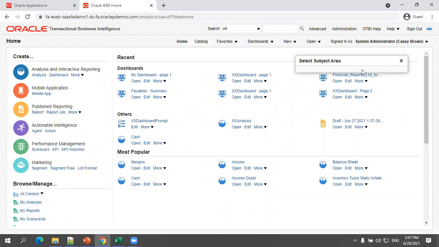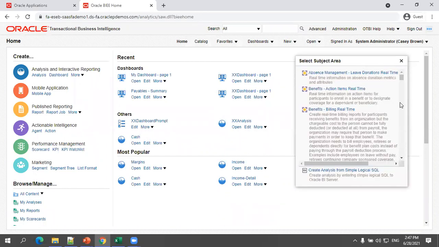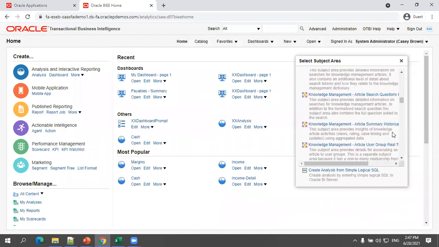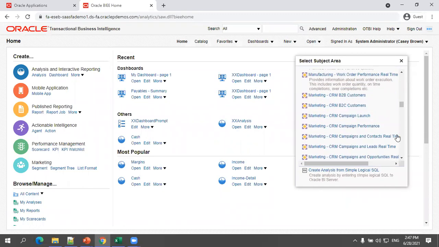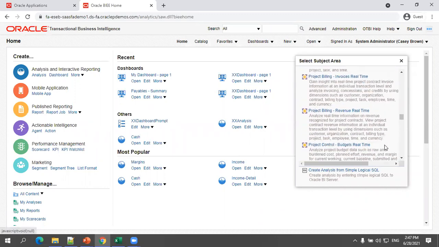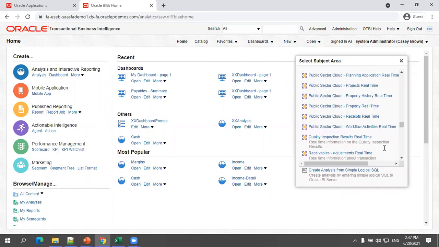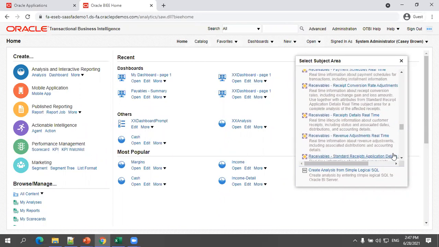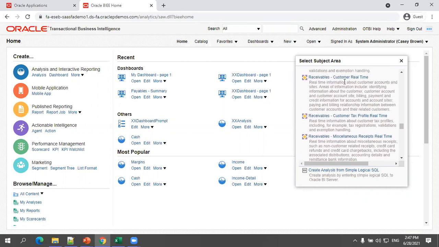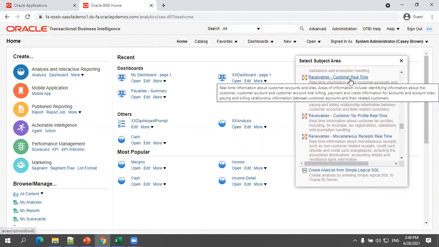It will take some time when you initially start, but it will come. You can choose any analysis. In my case, I'll choose receivables customer real time. So I'm just creating the analysis first.